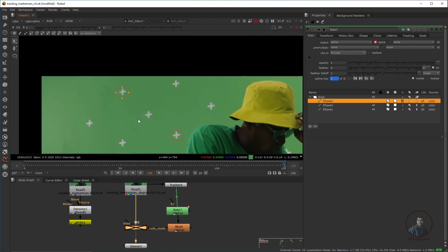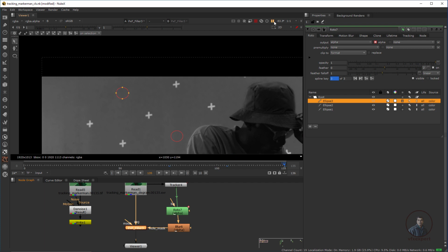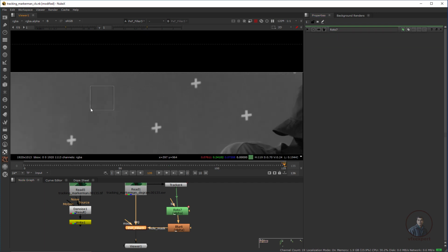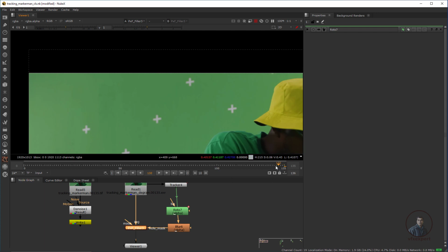Now again we have to enable our node here, so press D. So here I have simply removed it, again press B. So in the blue channel if you want you can check. So the result is good in RGB. Now we have to play, move the plate and check.